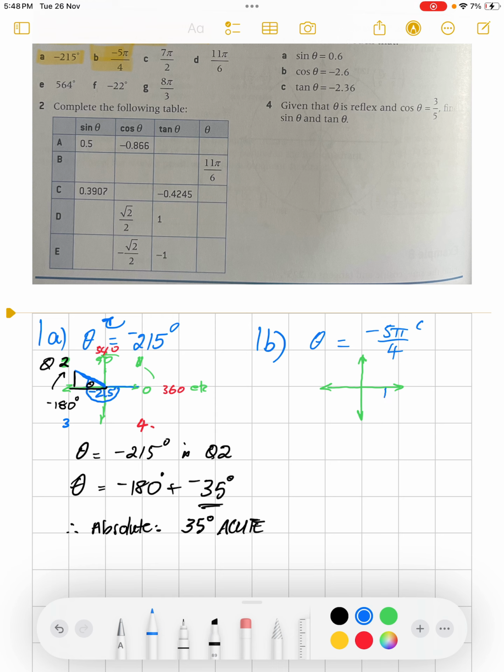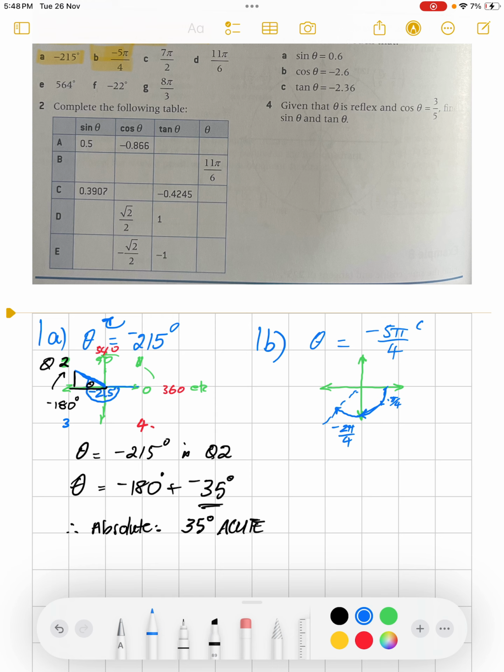So if we go negative pi over 4, and then we get to this position, that's negative 2 pi over 4's, and that's pi over 2,